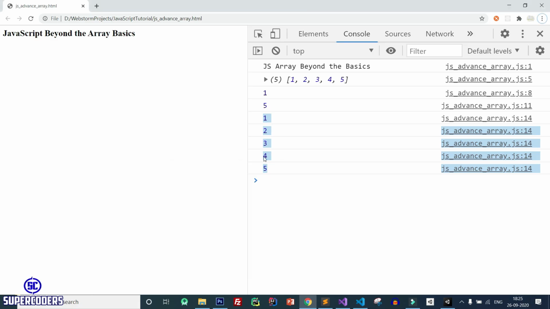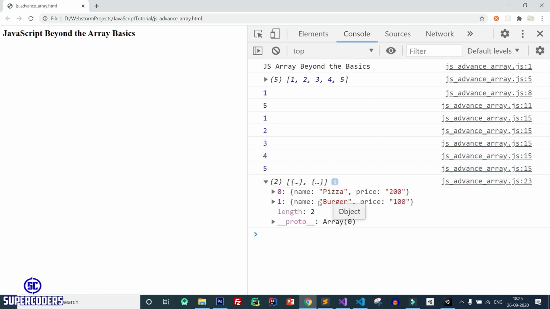Back to Chrome, refresh the page, and you can see here our array data which contains JSON objects or JavaScript objects. You can also access the name of the item. So let's see how you can access the first item name.